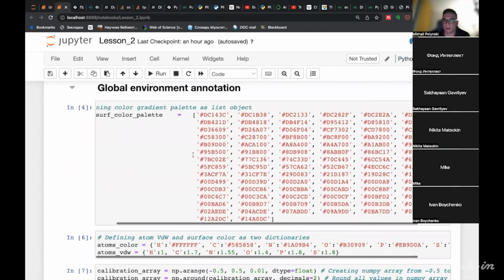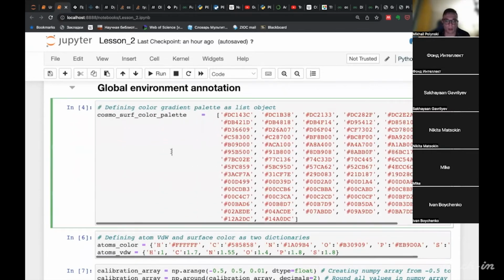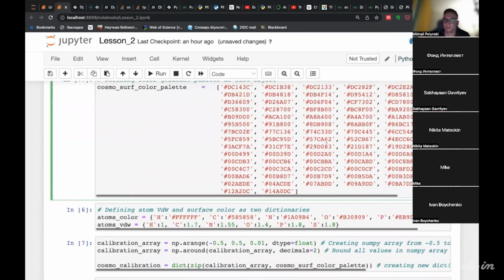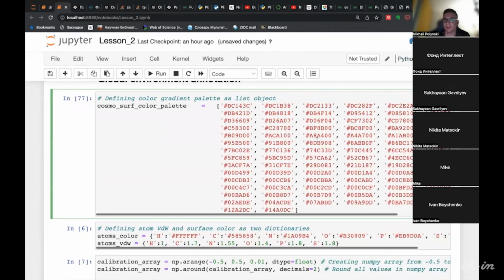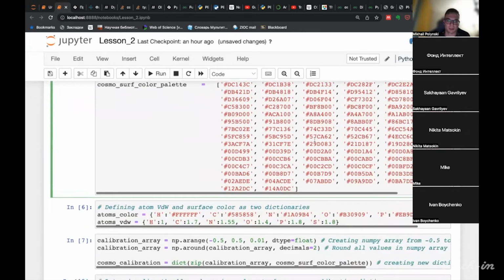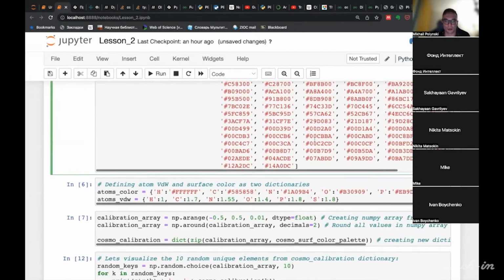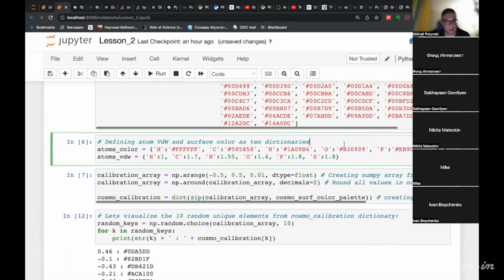So let's create a list that has codes of different colors. I will show you later why we should define such a strange list.